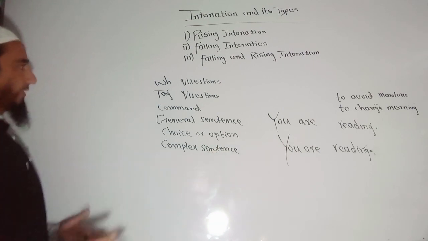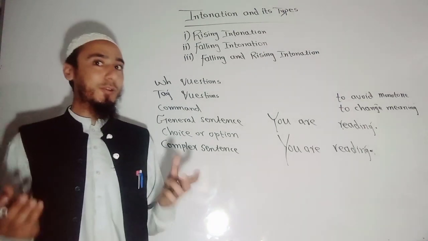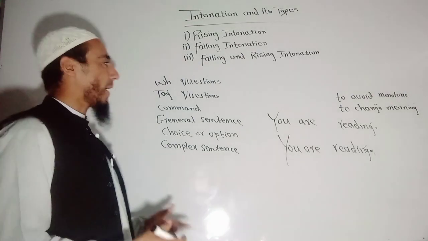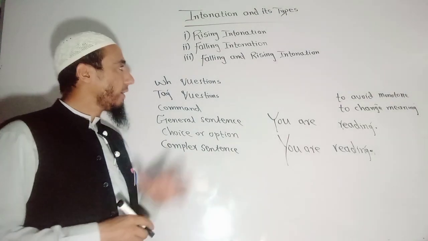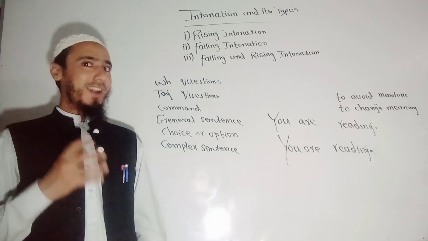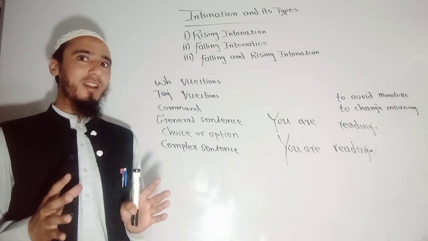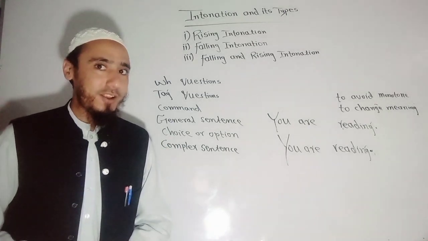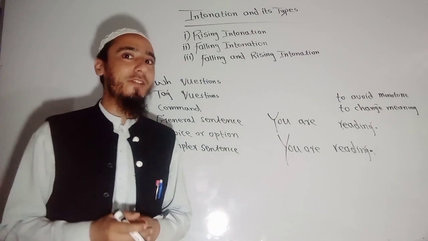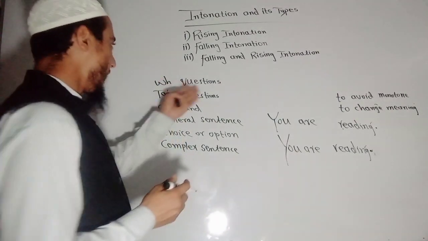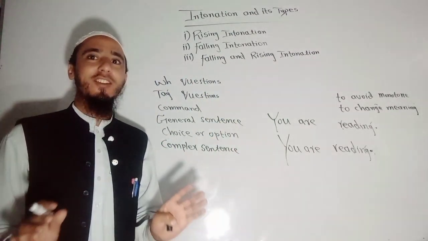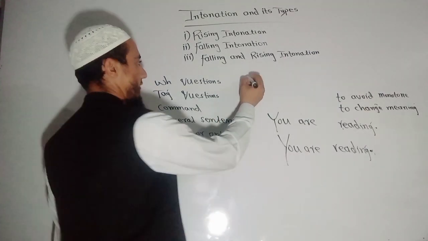Okay, listeners and audience, these are some rules which I have written on the board, and these will be very easy for you to inculcate and keep in your mind. First of all, whenever we are talking about WH questions, in WH questions, mostly only falling intonation is there. Remember that. There are some symbols which are used for rising and falling intonation. So in WH questions, there is only what type of intonation? Falling intonation. For example,